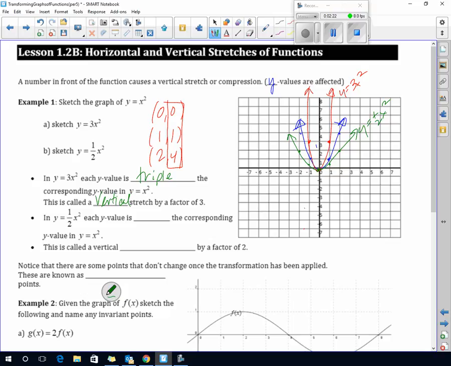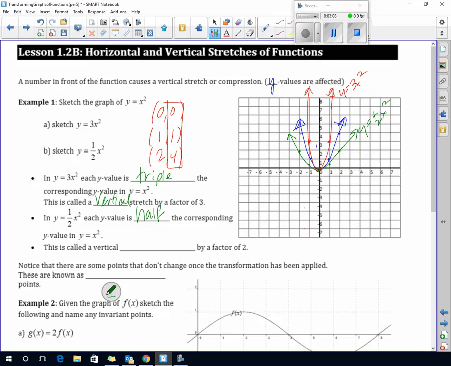Okay, so if you look at the beginning of your booklet and you look at the outcomes, they use the terms stretch and compression. So if you look at this, the blue is the normal. I stretched it this way, and if I go this way, I'm compressing it. We're going to talk about that a little later, actually. We're just talking vertically right now. So our movement is this way, vertically. So this is a vertical compression